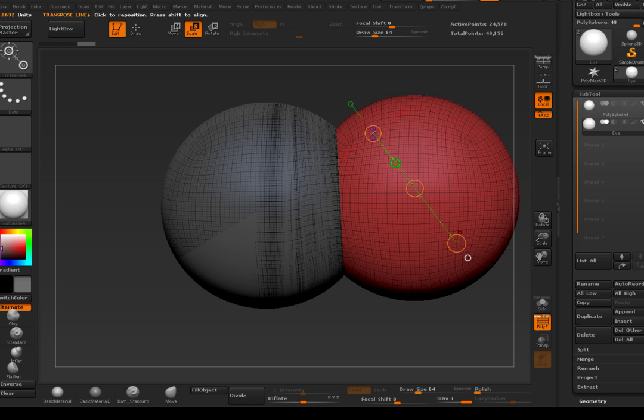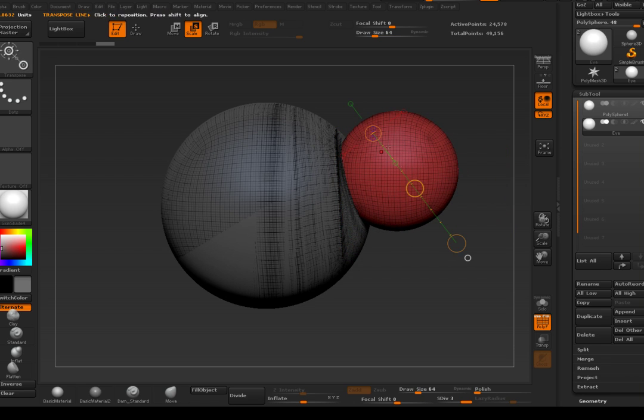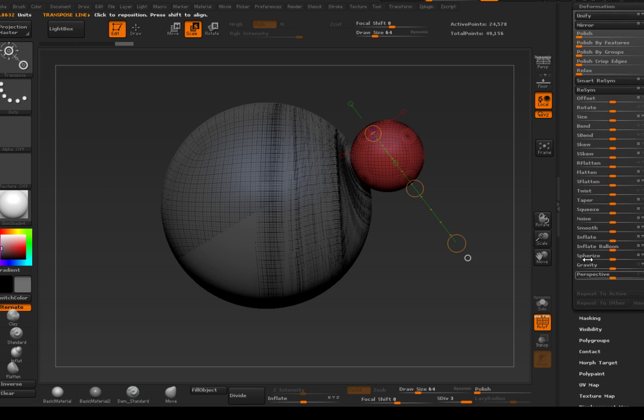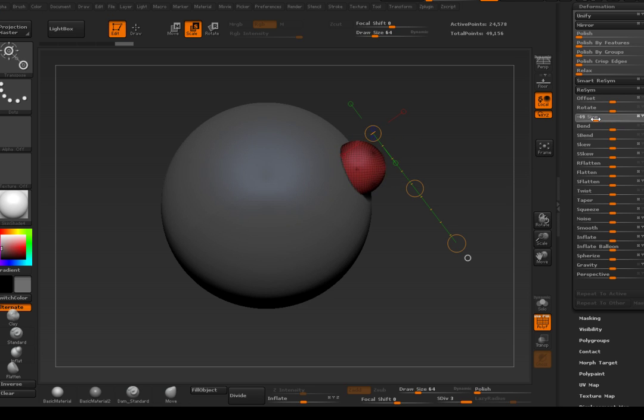and then I'm gonna make another transpose line, and then with this little selector at the end of there, I can make it smaller. Another way to make it smaller is going down to deform, and then there's a slider that says size, and you can just make that smaller. Okay, so that is your eye,